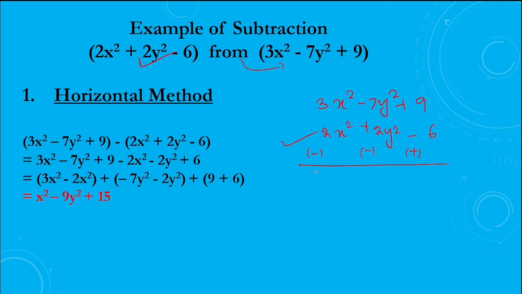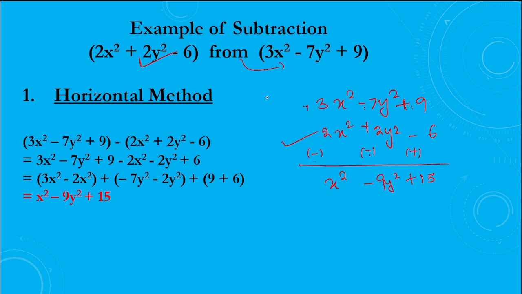Okay, this is the first step. And the second step is now subtract. Now the second expression's sign is plus, here is minus, here is plus. So check, here is plus plus, same sign means addition, 9 plus 6 is 15. So the answer is plus 15. Now here is minus, here is minus, so same sign means addition, 7 plus 2 is 9, minus 9y square. And the third one is different sign because here is plus, here is minus. So 3 minus 2 is 1, so x square, since 1 is not written directly, x square. So the answer is x square minus 9y square plus 15.